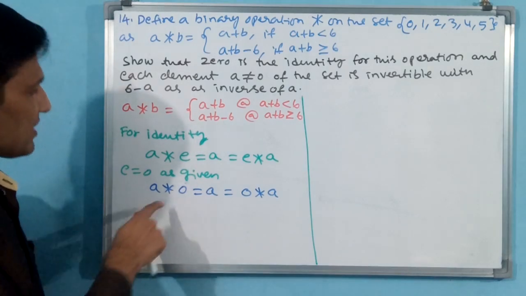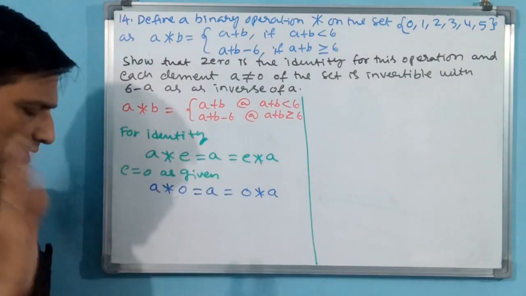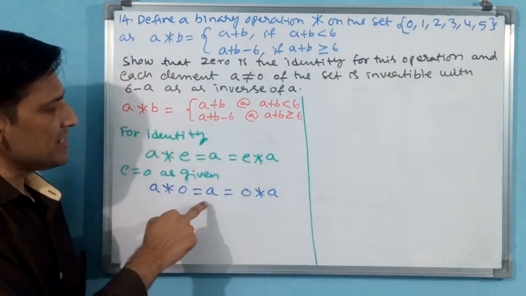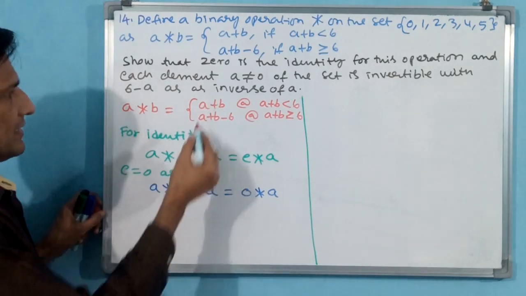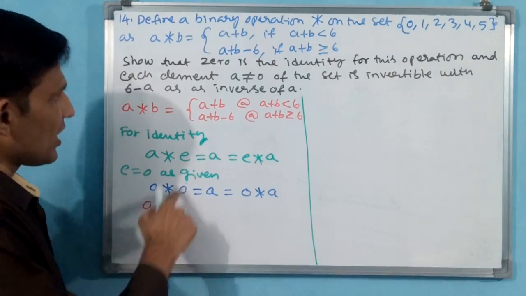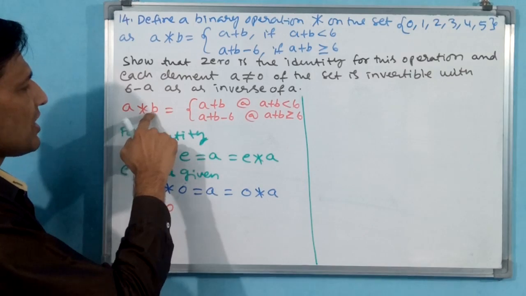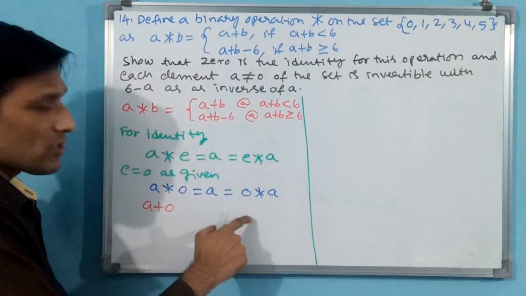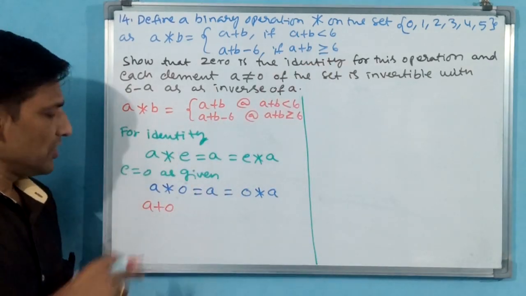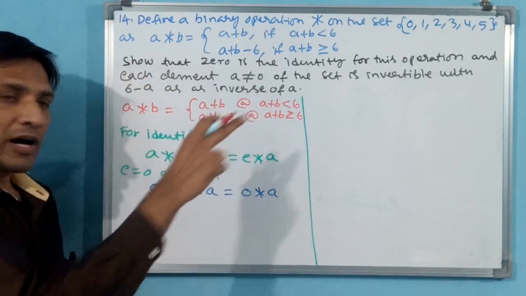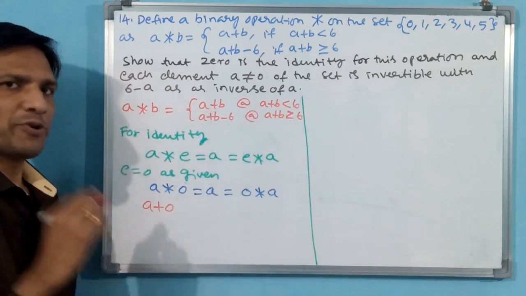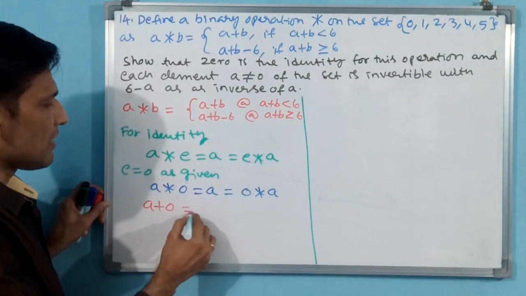Now this is the format, but what is star? Star we have to take like this. Okay. Now you tell me, 0 if you add. See here A is the element, 0 is the identity. You have to write like this. Okay. A star B means A plus B, so A plus 0. Star means plus only. Okay. If it is 6 or more than 6, then you have to make minus 6. But is it going to become more than 6? You see, if you keep A as 5, 5 plus 0, 5 only will come. Then only the top one is going to be applicable. That means A plus 0 is equal to what is going to happen? A.